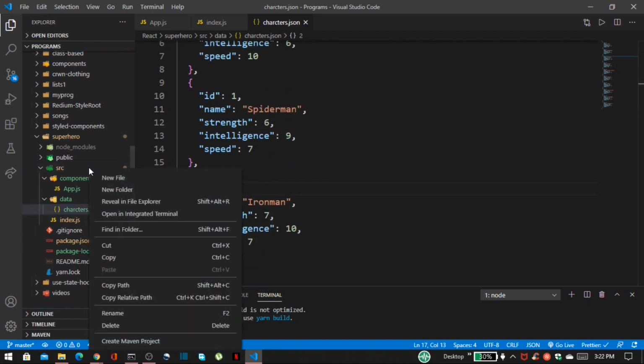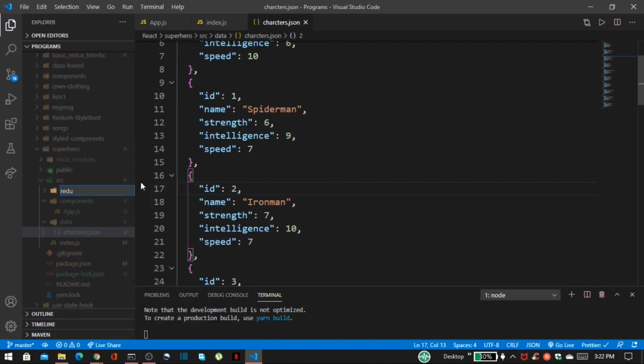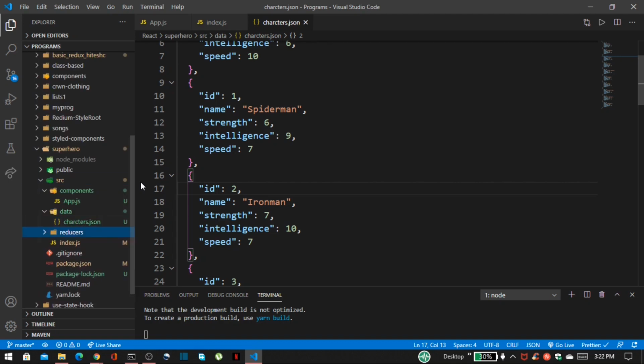After that, create a new folder inside this source called reducers, because we have to use reducers inside our project, and that is a basic terminology used inside Redux.